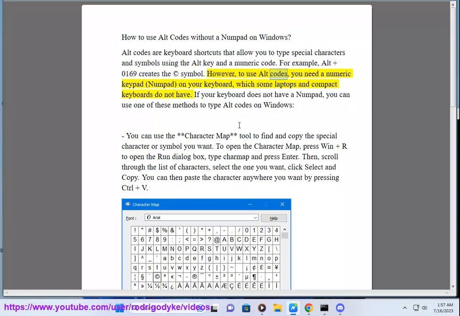However, to use alt codes, you need a numeric keypad, numpad, on your keyboard, which some laptops and compact keyboards do not have. If your keyboard does not have a numpad, you can use one of these methods to type